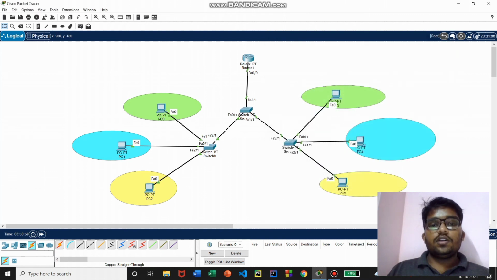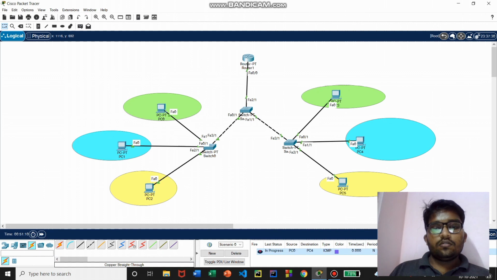Now let me try to ping between PCs that belong to different VLANs. It failed. Let me try once again. It failed.